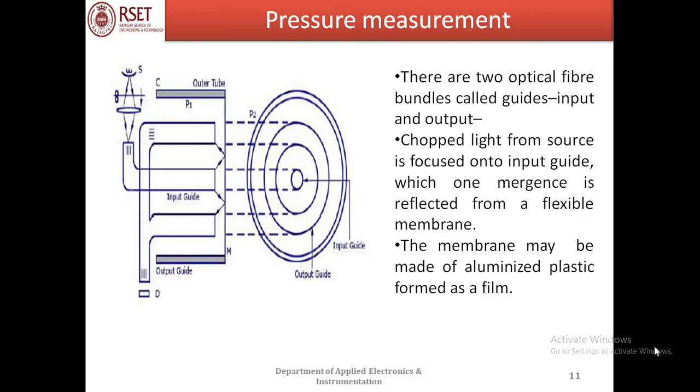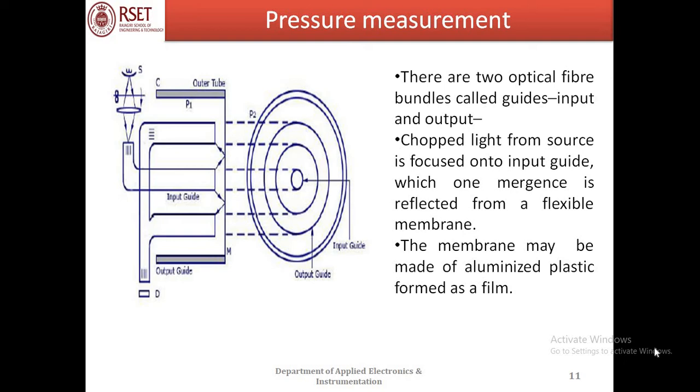Next is pressure measurement. In pressure measurement, we are making use of two optical fiber bundles called guides. One is called the input guide and the other is called the output guide. The chopped light from the source is focused onto the input guide, which is reflected from a flexible membrane. The membrane may be made of aluminized plastic